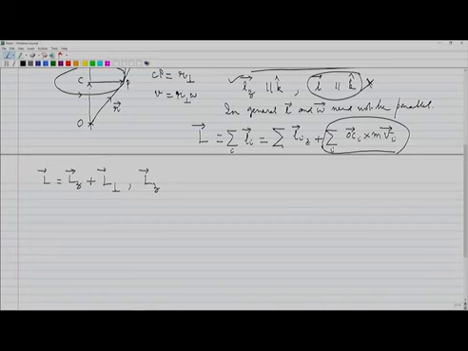Lz is equal to the summation over Ri, Mi, R perpendicular i squared times omega k. Omega is the same for every mass at every point, therefore omega can be taken out. So Lz is equal to,